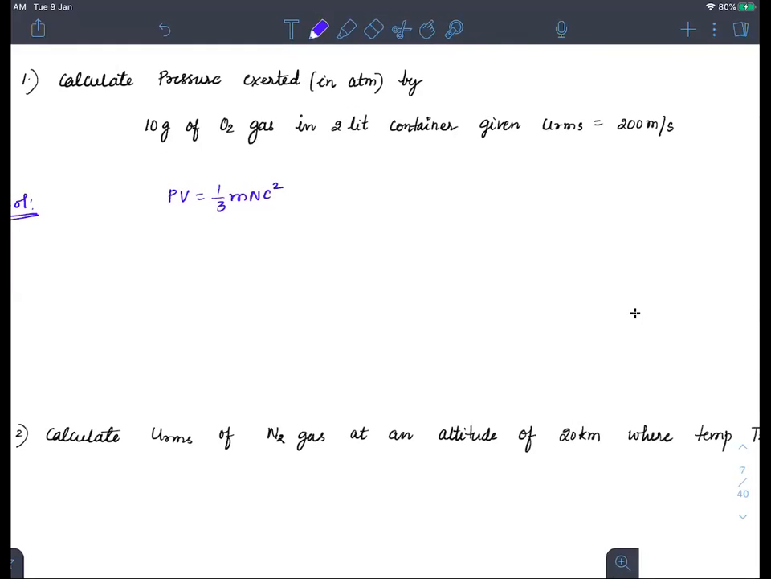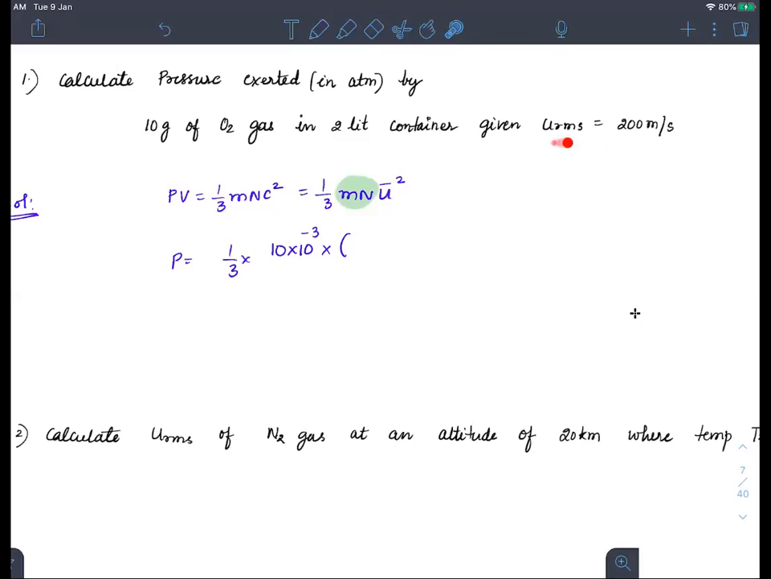This is what we know. I can write this as c square, or originally how it was, u bar square. Now, if you check this m into n, that is the total mass of that gas, which is already given as 10 grams of O2. So this mn itself is 10 grams. Pressure would be equal to 1 by 3 times 10 grams, so I have to convert that into kgs: 10 raised to power of minus 3,